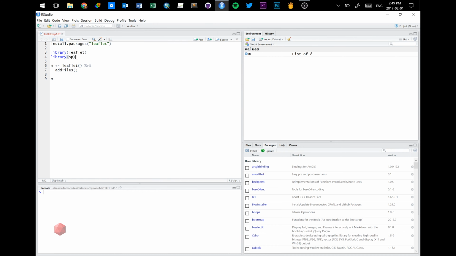I actually do have a sample bit of code that allows you to just list initially all the packages you want, and it will install them and then load them in as well. It'll do it all automatically for you, so that you don't have to type out library function leaflet, library function SP, because sometimes you could have like 20 to 30 packages in one script, and you don't want to necessarily have to type that out every time. Anyway,